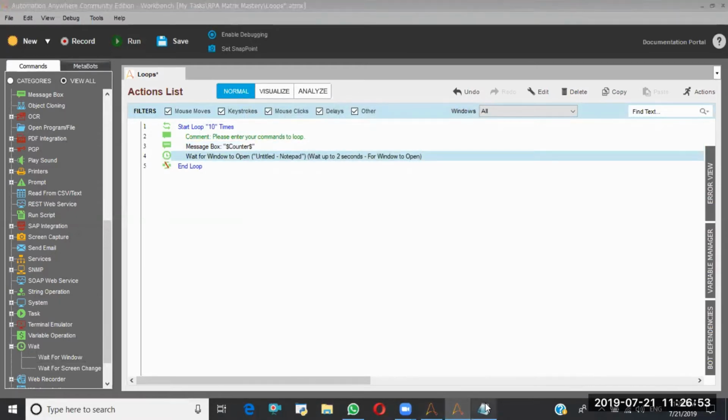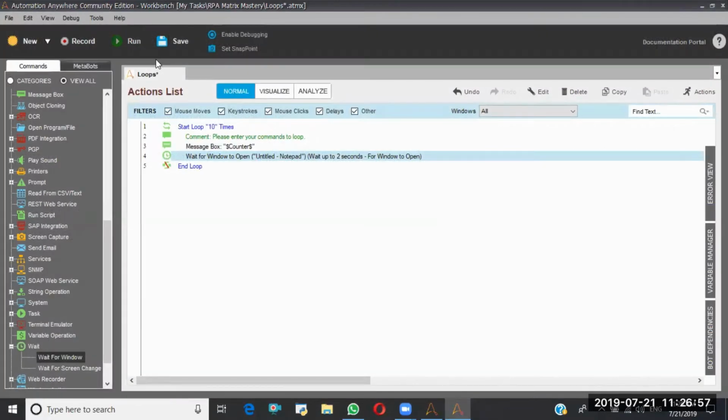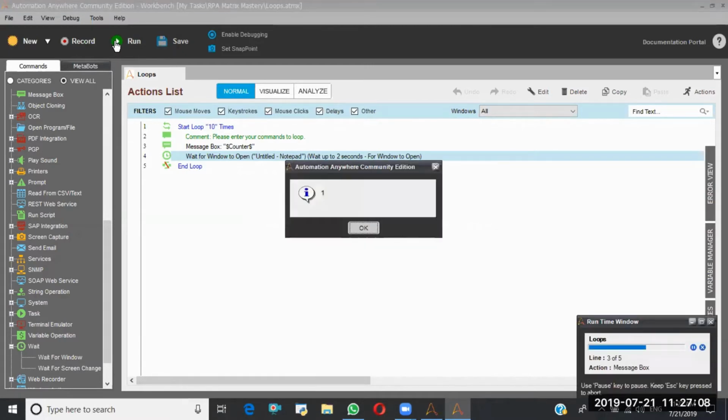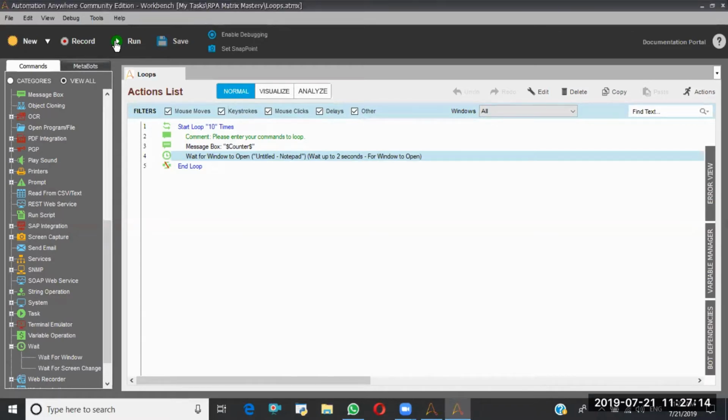I'm going to close this. Save. I'm going to run from step 1. See, it stops the task because here the bot is failing, so it's not going to continue the remaining iterations. Like this, the loop will work.